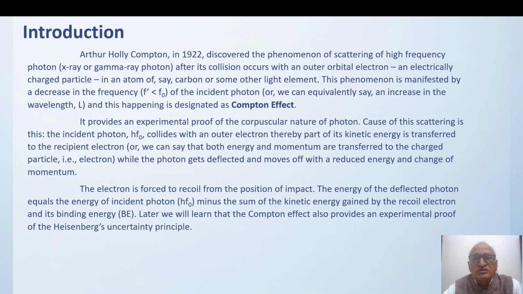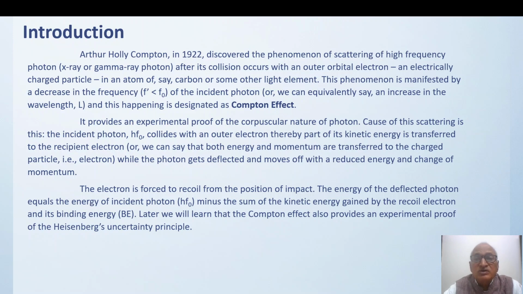For electromagnetic radiation, two theories are there for propagation. One is continuous wave form, and the other is discontinuous photon form, corpuscular theory. Both theories are in existence. Certain properties are understood in terms of wave nature. Certain other properties are understood in terms of the particle nature, photon nature.